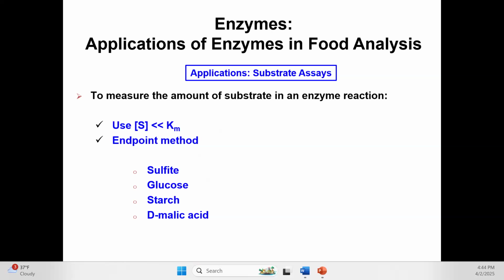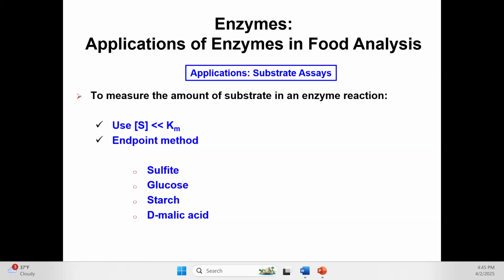Glucose, obviously starch, you break it all down to glucose and then measure glucose. And D-malic acid: in nature, the acid present in apple is L-malic acid, the naturally occurring acid. To determine the authenticity of your apple juice, you can measure D-malic acid